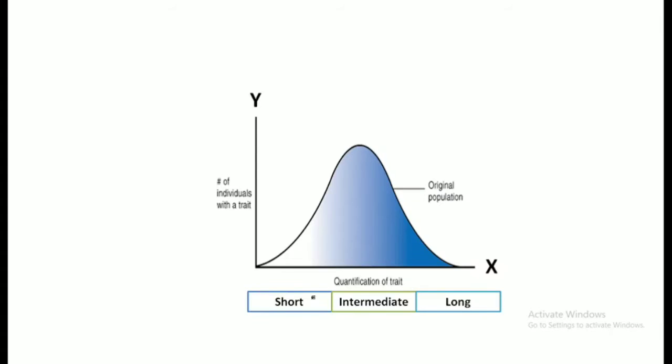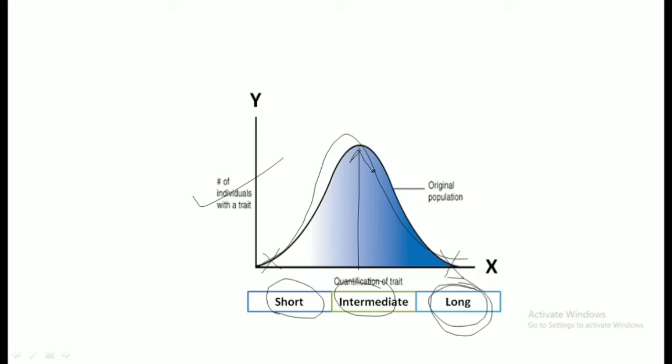Now consider a graph. If we take the individuals with the short, intermediate and long tailed traits on the x-axis and the number of individuals on the y-axis, we can get this type of plot at the beginning. See here, the short and the long tailed traits have very few individuals, while the intermediate trait has the maximum, that is at the mean level. But we know that nature tries to limit the resources and bring competition among them, right?